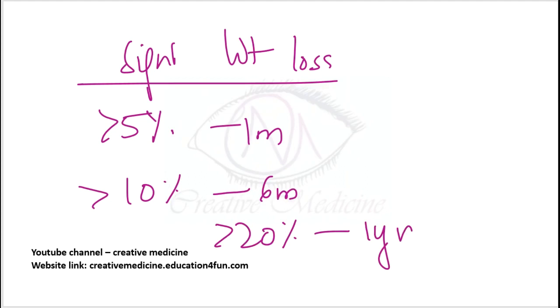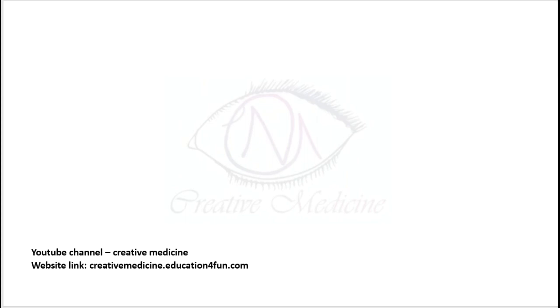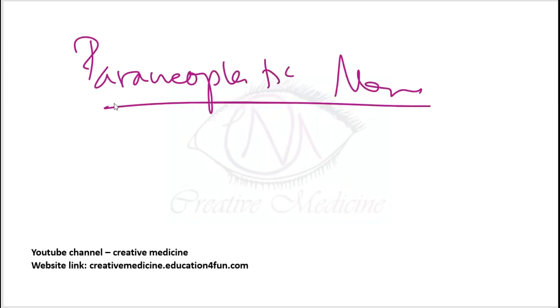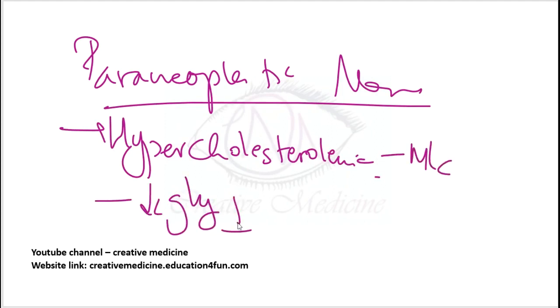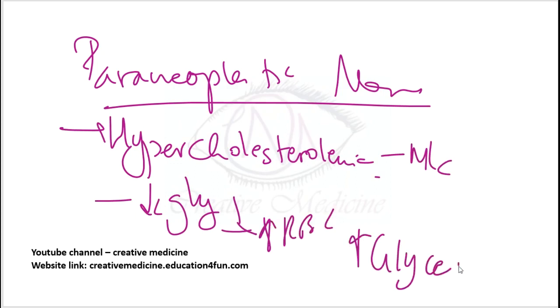In hepatocellular carcinoma, there will be other symptoms like anorexia, fatigue, jaundice, tumor rupture, and audible bruit. And one important thing is the presence of paraneoplastic manifestations with hepatocellular carcinoma: hypercholesterolemia is seen in these patients, which is most common, followed by hypoglycemia, and you will also see erythrocytosis and hypercalcemia as paraneoplastic manifestations.